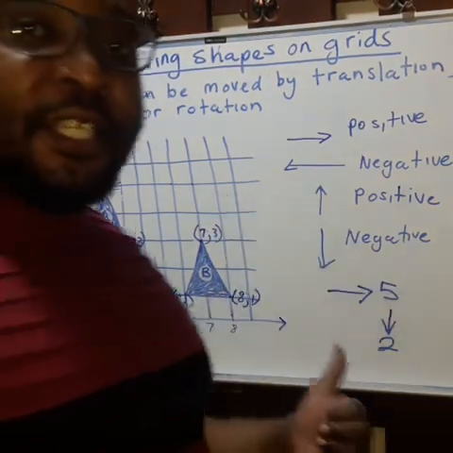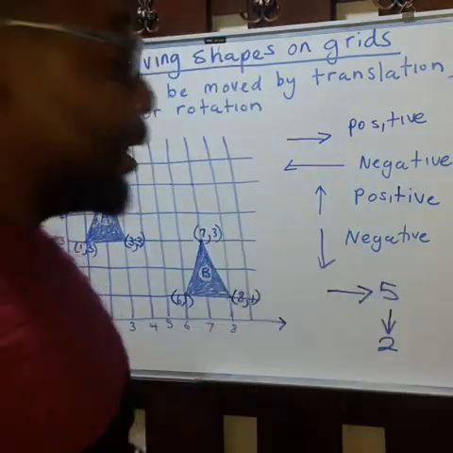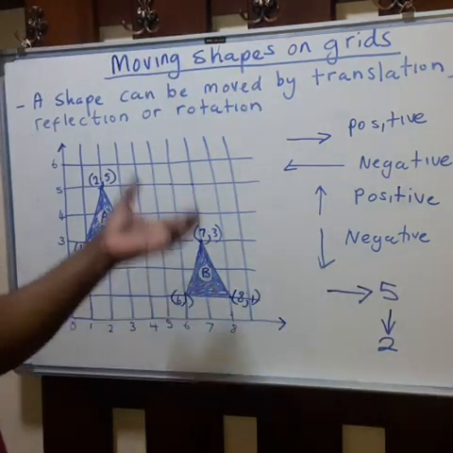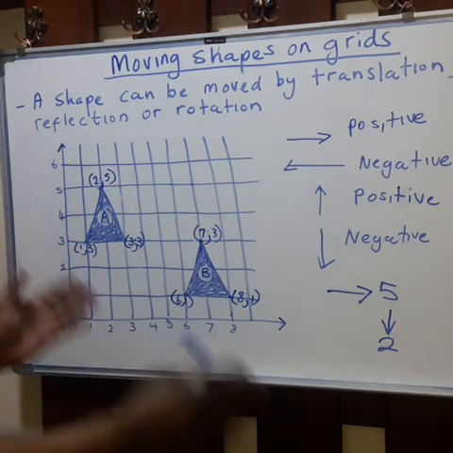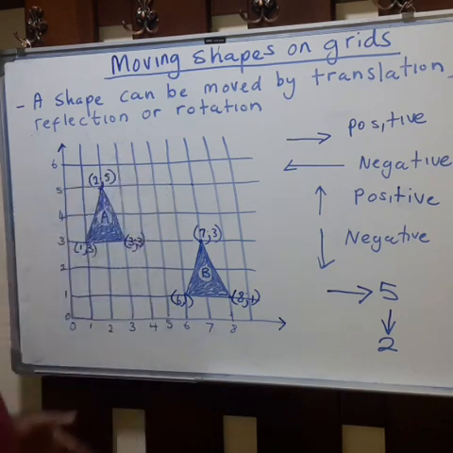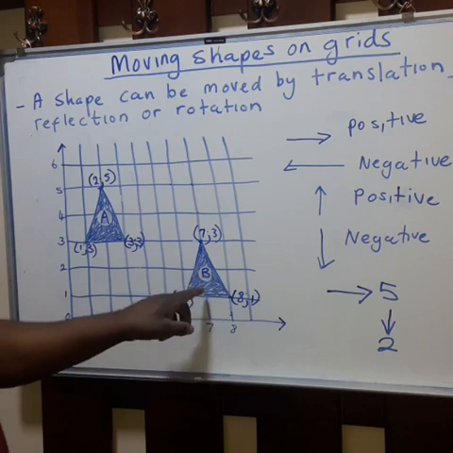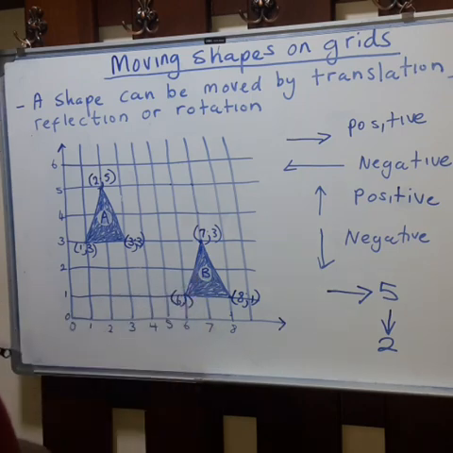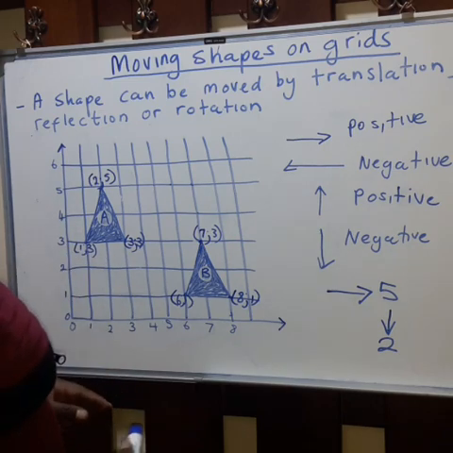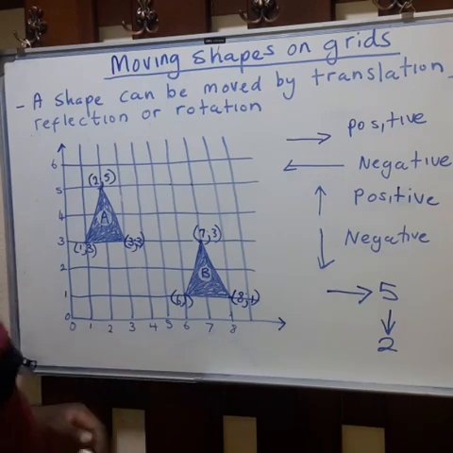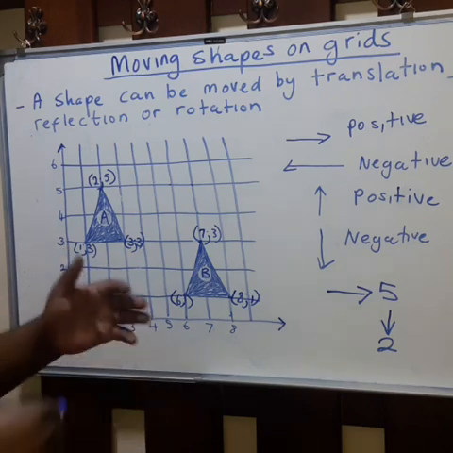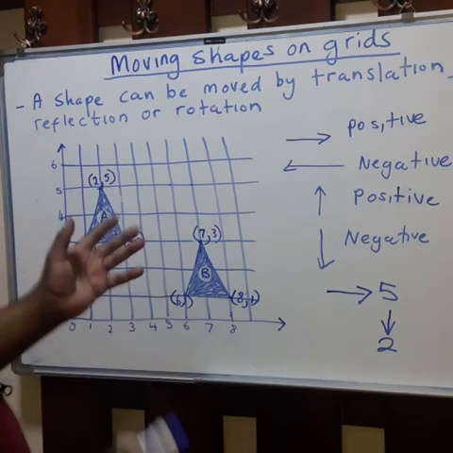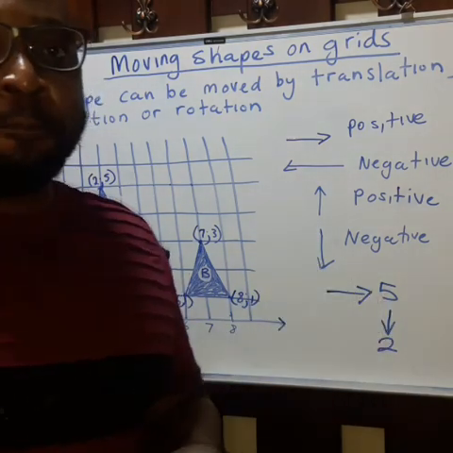So guys, this is what we call translation. In summary, an object has to move horizontally, then vertically. So, for example, like we have here, A had to move to the right 5 steps, then it had to move down 2 steps, and its new position is now here as indicated by the letter B. Okay, so movement to the right horizontally is a positive movement. Movement to the left horizontally is negative. Moving vertically upwards is positive, and moving downwards is negative. I hope you understood. We are now moving on to reflection.